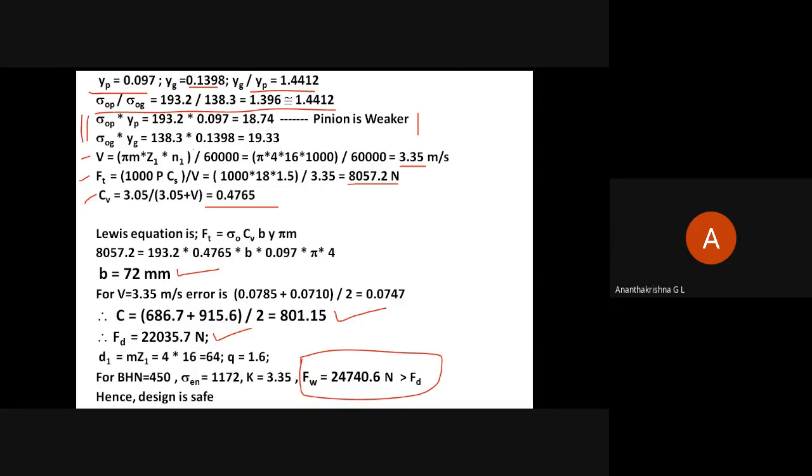To find the weaker of the gear pair, we need the Lewis form factor on pinion and gear and their ratio, then choose two materials from table 12.7 such that the ratio is almost equal to the YG by YP ratio. Find out which is the weaker, and further calculations will follow. Please calculate and let me know if there is any variation in the answers.